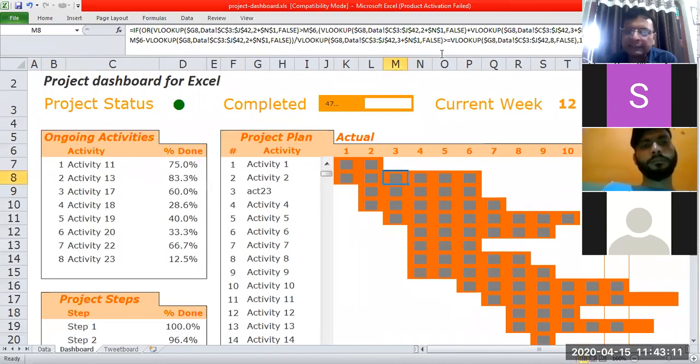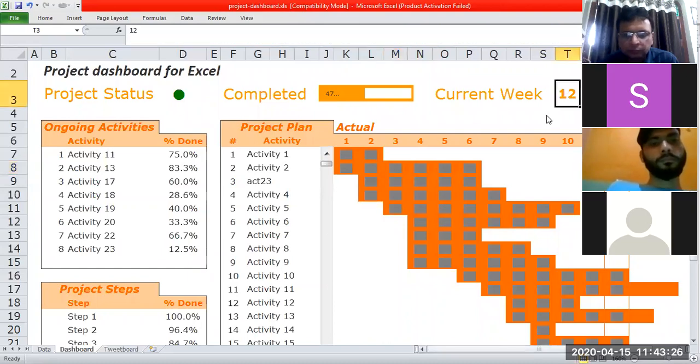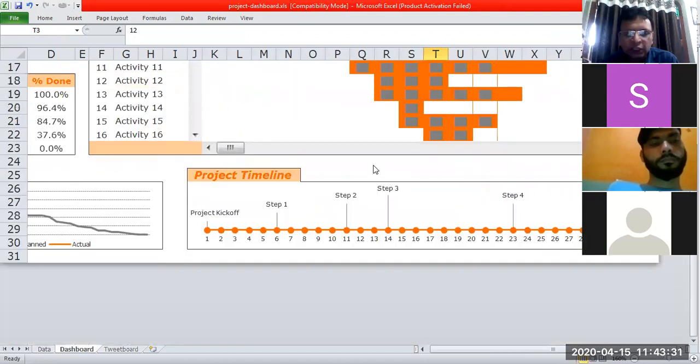Depending on your Excel skills, you can identify what kind of application I am going to develop for my company. Similarly, here also you will have some formula. In the lower section, we are having this chart. So all those charts and formulas are all products of MS Excel only.